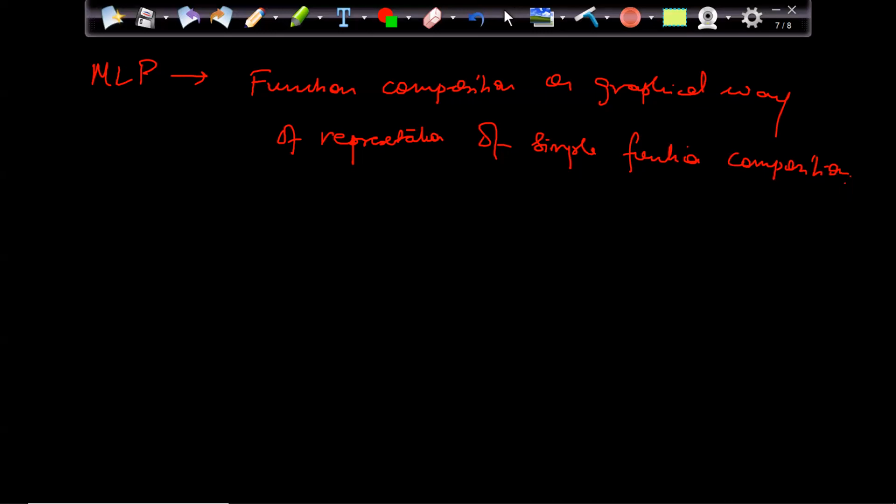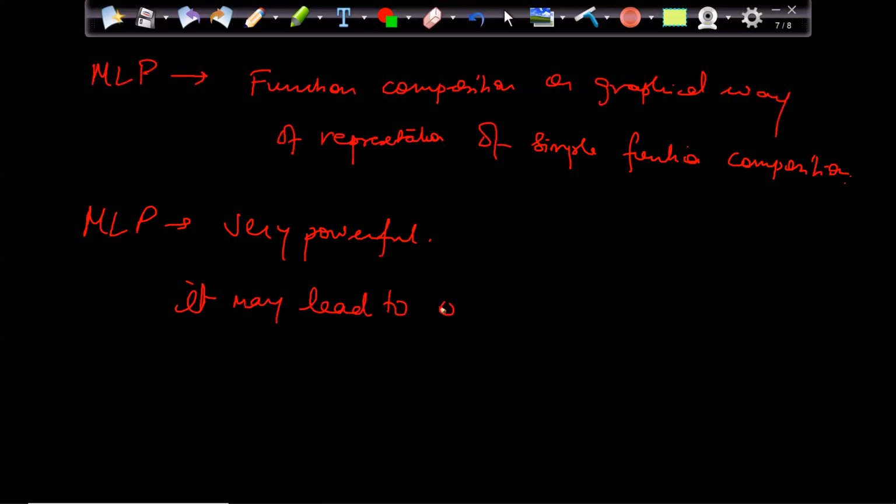So at the end, multi-layer structures are very powerful. That is why we are using them. But at the same time, it may lead to overfitting, which we'll obviously discuss in future discussions. We know now what overfitting is; we studied it in much detail. So I just wanted to put that word out here.